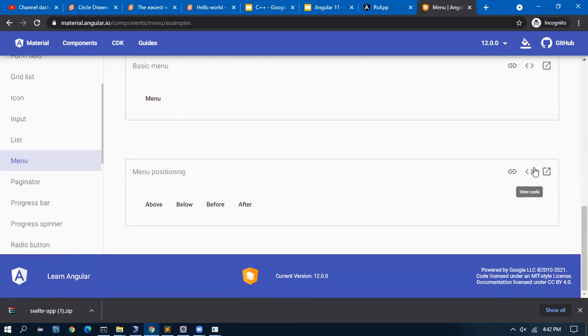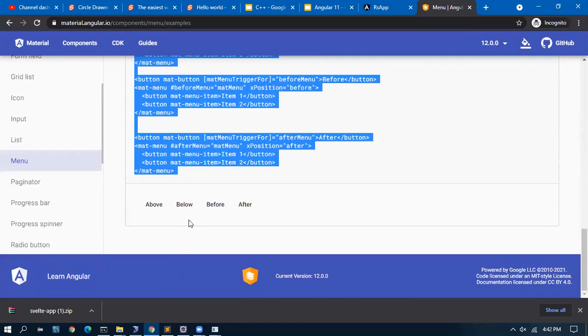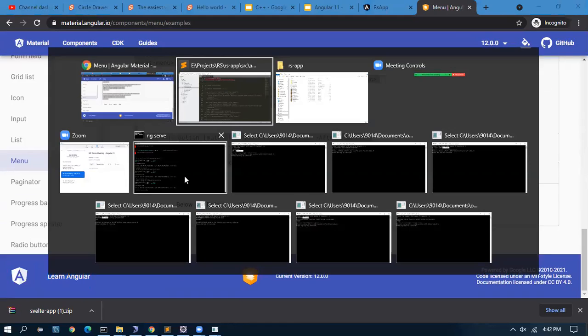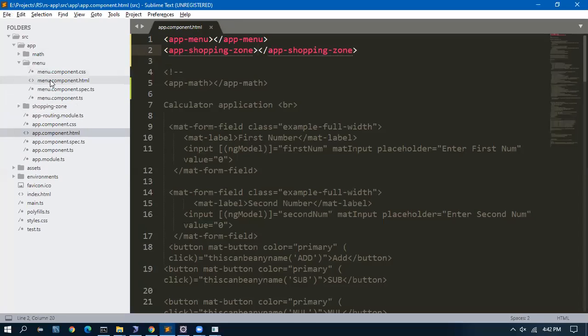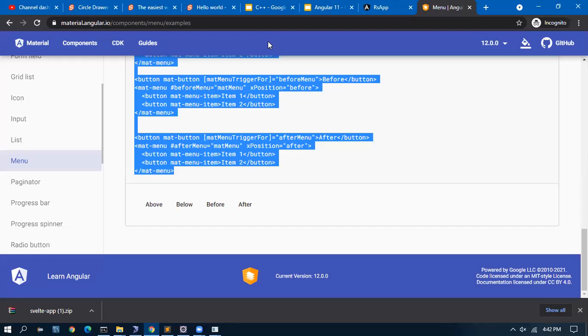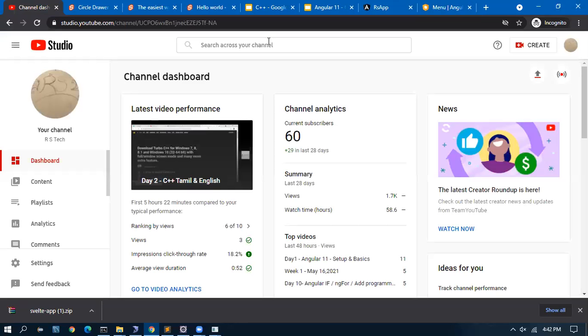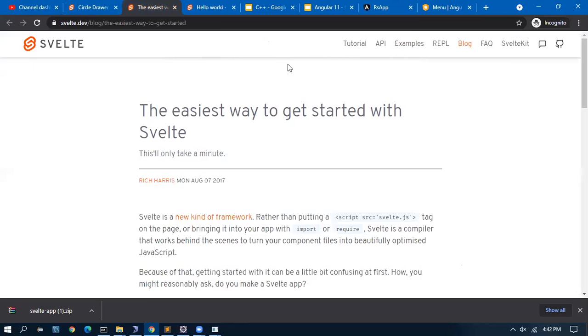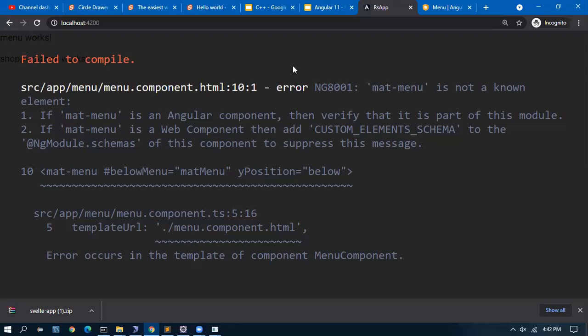Example. I'll copy this. I'll go to menu component HTML. I'll paste it. Okay, what is the error?